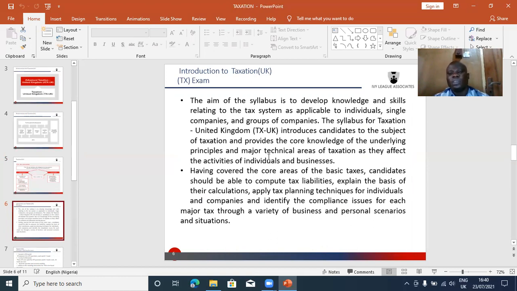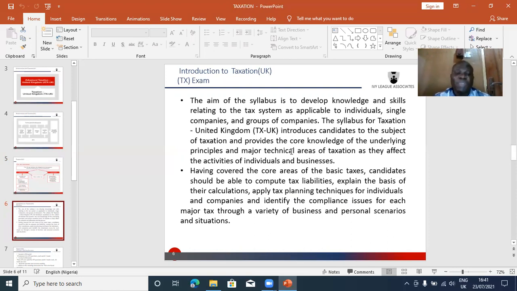the aim of the syllabus. So this syllabus, as I've told you, there is no applied knowledge paper that directly links to this paper. And even among the strategic professional papers, it's only directly linked to advanced tax. So this paper is to introduce the candidate students to the subject of taxation and lay the foundation, provide core knowledge of the underlying principles, major technical areas, as far as taxation is concerned, and as far as they affect